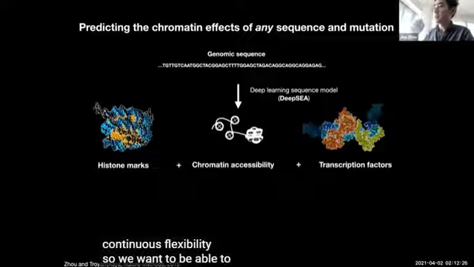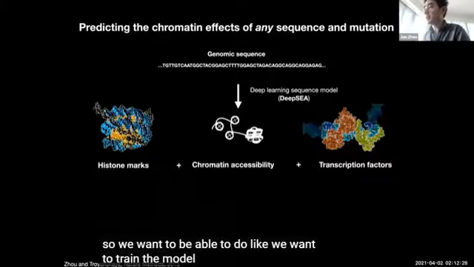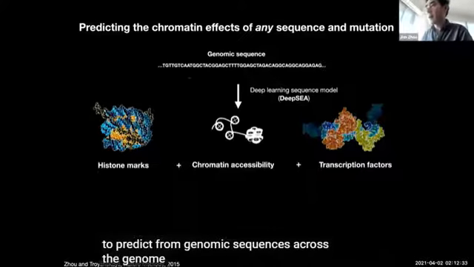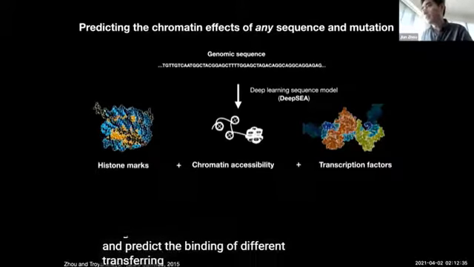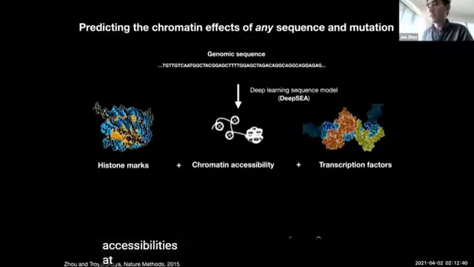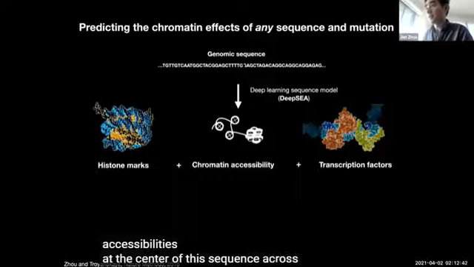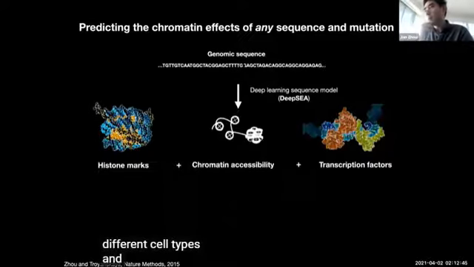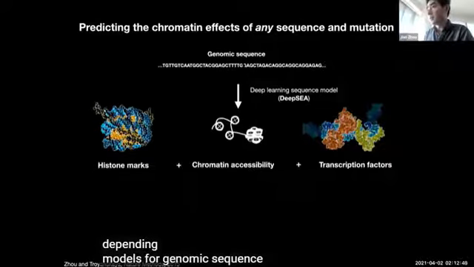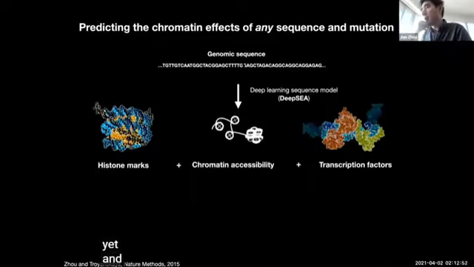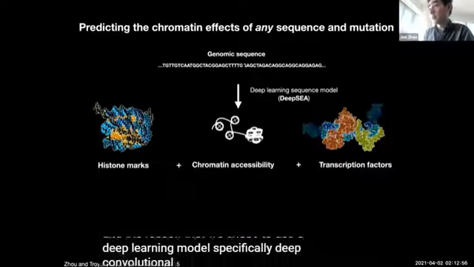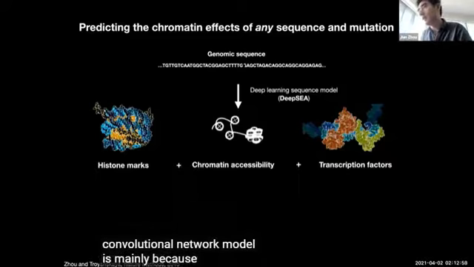So we want to train the model to predict from genomic sequences across the genome the binding of different transcription factors and histone modifications and chromatin accessibilities at the center of this sequence across different cell types. And at the time, there weren't any deep learning models for genomic sequence developed yet. And the reason that we chose to use a deep learning model, specifically a deep convolutional network model, is mainly because it satisfies